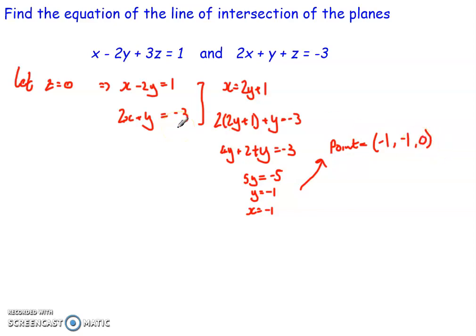What I'm then going to do is I need to find the normal of the two planes and take the vector product of it to get the direction vector of my line. So if we just call n1 the normal of the first plane, so this one here, just by inspection I can say that that's 1, negative 2, 3. And let n2 be the normal of the second plane. Again, just inspect it, looking at it as 2, 1, 1. If I then take n1 cross n2,